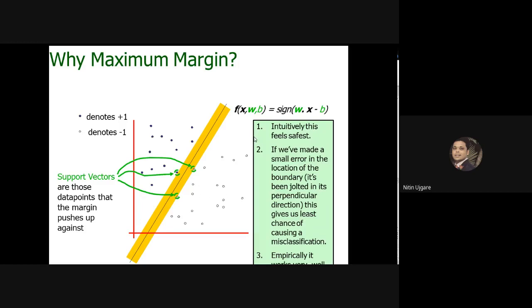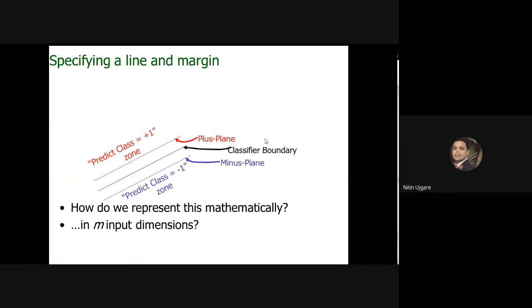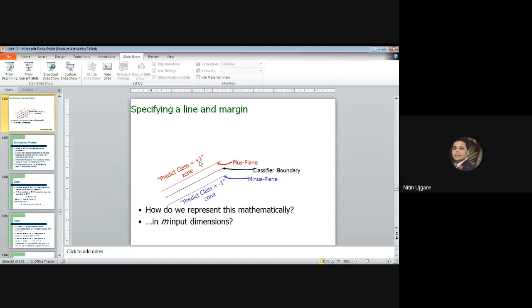Okay. So any doubt up till now why the maximum margin is required? Why we call the support vector machine the maximum margin classifier or simply a margin classifier? Any doubt till now? We'll take a break of 2 minutes so that you can ask questions. Any questions? You can type in the chat box. Then I will go further because the next part is the mathematical part where I need your attention.